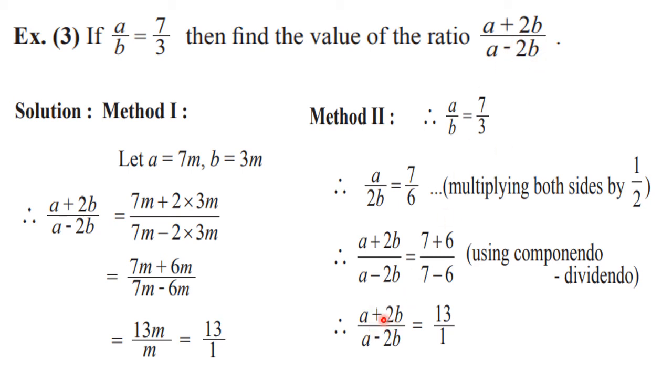See, we got the step here. And here 13 you will get in the numerator: 7 plus 6 is 13, and 7 minus 6 is 1. So in both the places you are going to get the same answer. Now presently you will feel that this method is better, this is easier. If such questions are coming, you can definitely use this method.